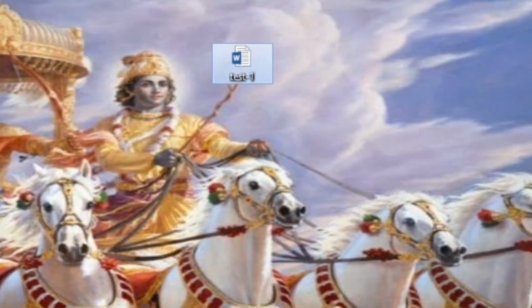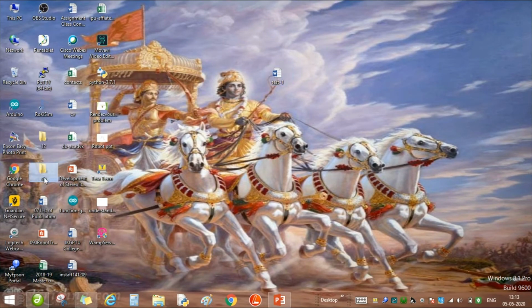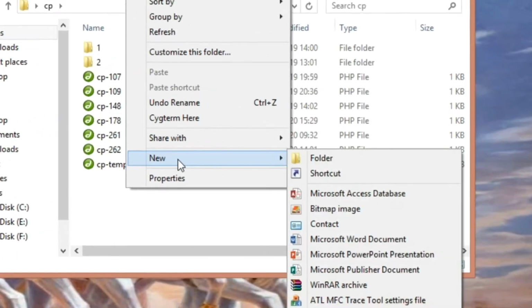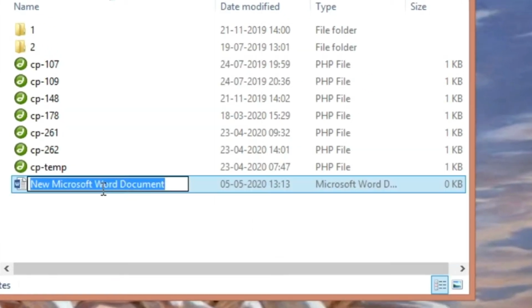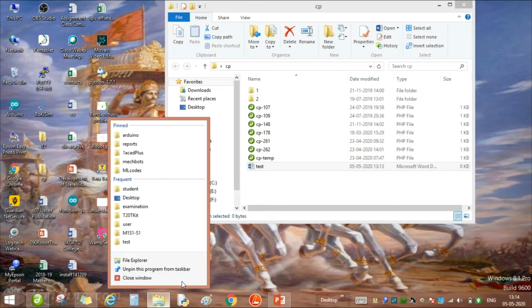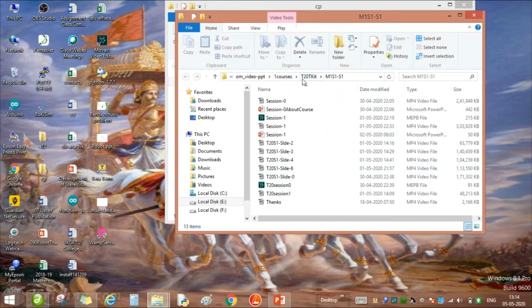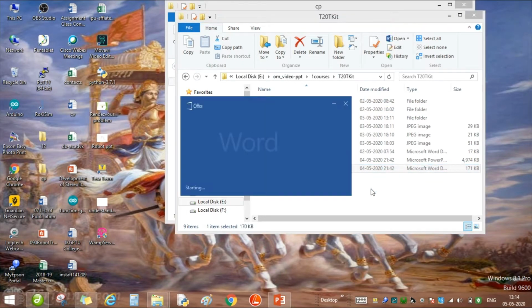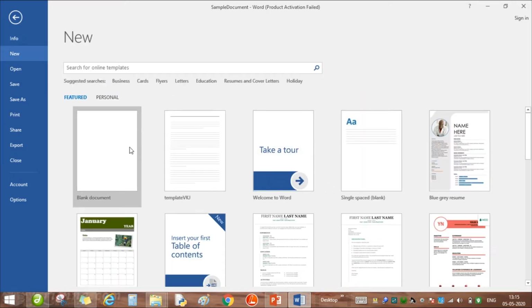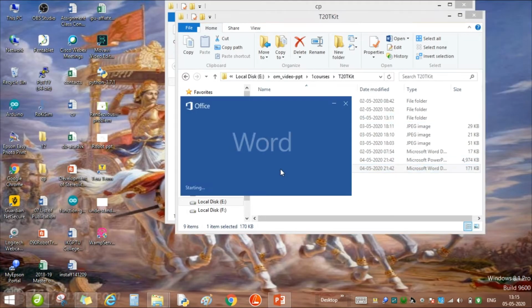Similarly, you can create a document in any folder. For example, if I click on this folder, I can create a new document in the similar way by right clicking and then going to Microsoft Word. So here also you can open this document. Let me open another document which is there in my directory, that is the sample document. This is how your sample document is opened, and we also have other ways of opening a new document. So there are different methods of opening a new document. Some of them we have discussed.